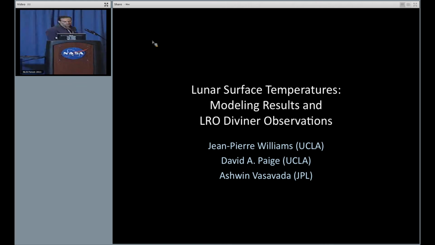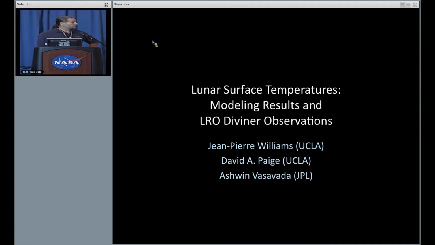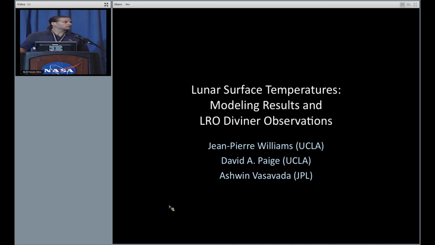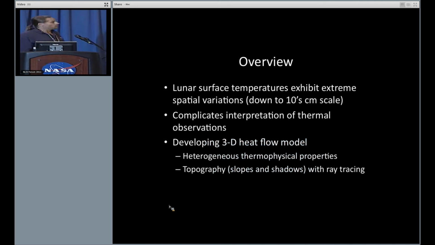Okay, thank you. So I'm going to be talking about surface temperatures, mainly focusing on a model we're developing to aid in our interpretation of Diviner observations. For those of you that caught Ben Greenhagen's talk yesterday, he already talked a bit about this, but the lunar